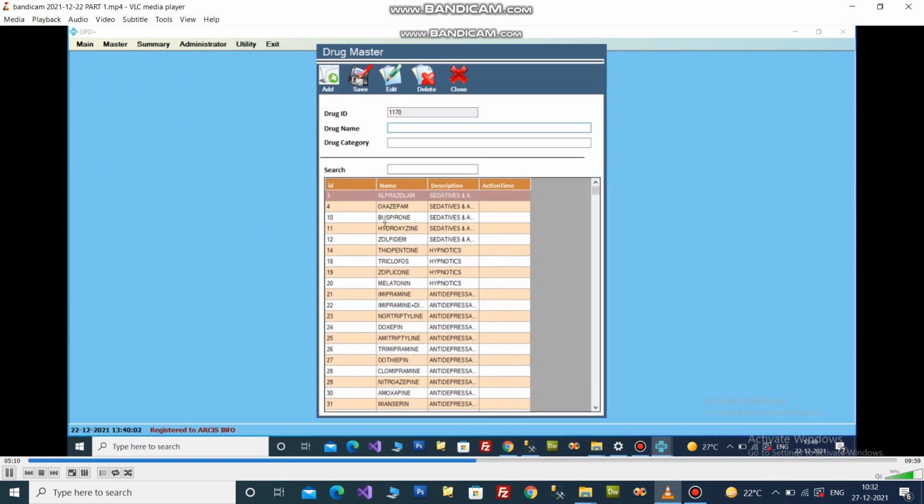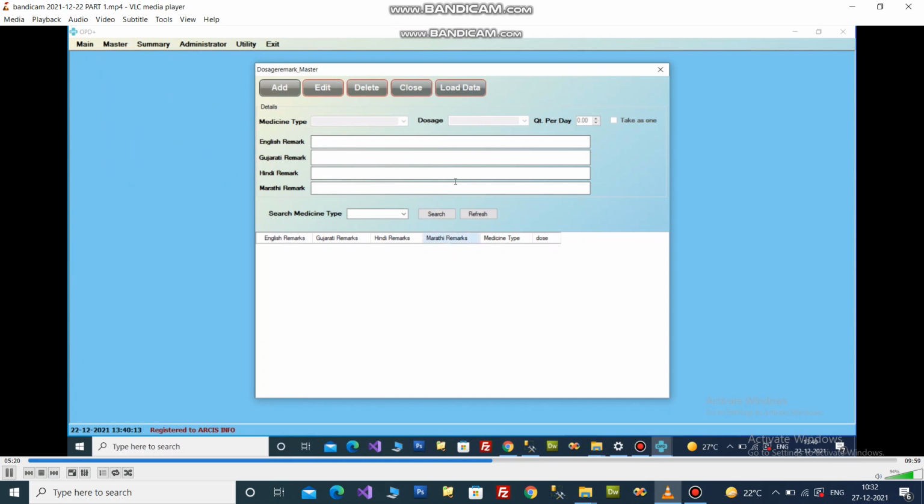This is drug master which links to medicine master. This is a dosage master. You can set different dosages for medicine in this master and then apply in medicines.